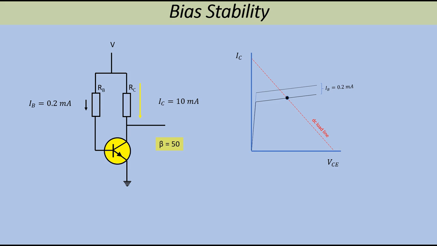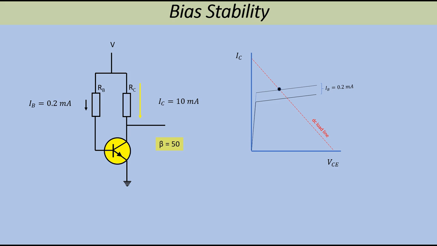Well, as you can see, because beta is 50, we've now got a larger collector current, and the effect this has on our stability curve, which you'll see at the right hand side here, is to move the Q point closer towards the saturation point of the transistor on the left hand side. Now this means that the voltage at the collector will have dropped, and it might be okay. We might still be within our expected tolerances for these voltages,